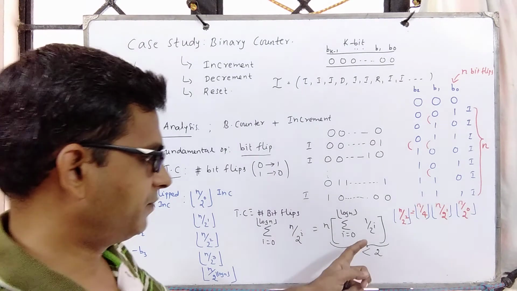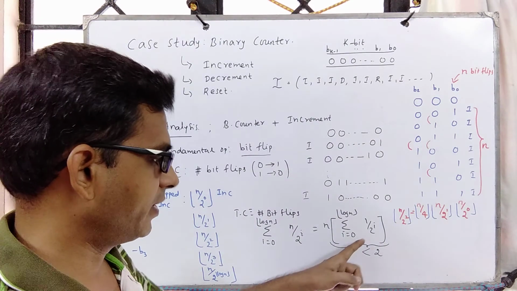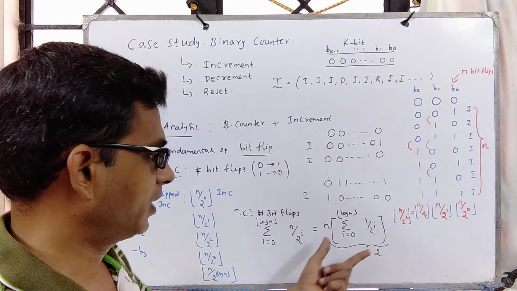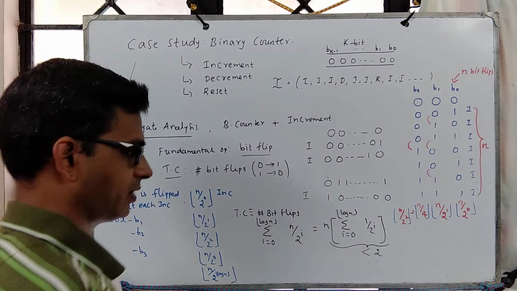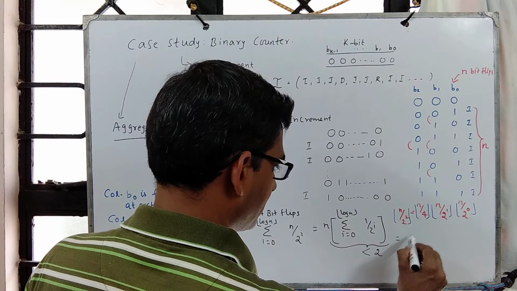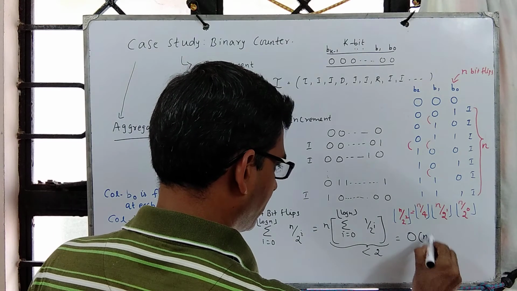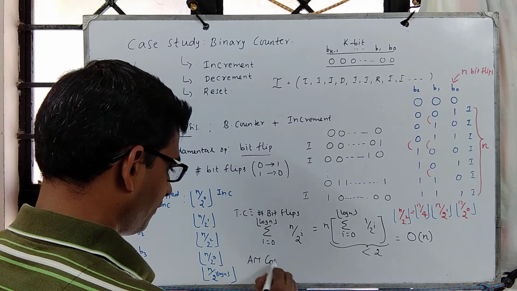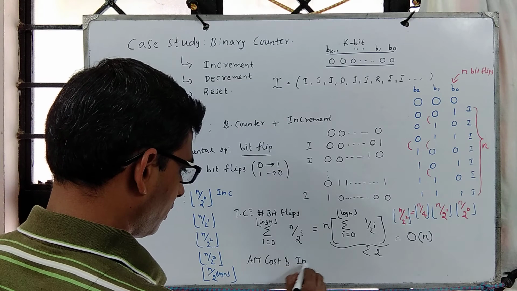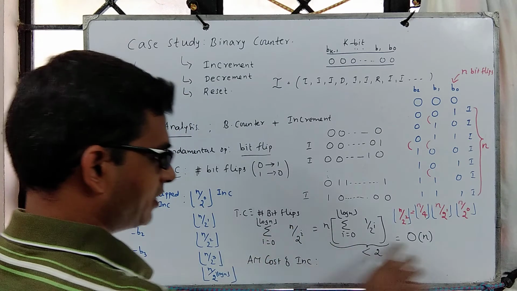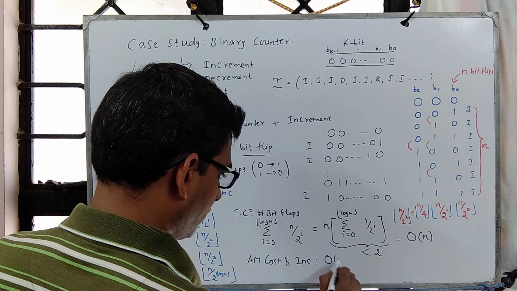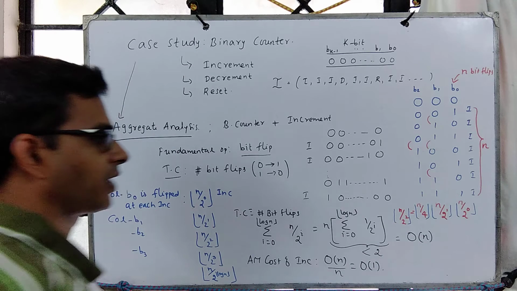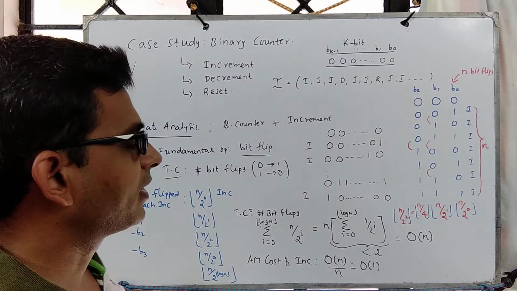We have seen this in the context of discrete mathematics, and subsequently when we did a couple of case studies in the DAA, Design and Analysis of Algorithms course. And so this one is at most a constant. So which means something like this one is order n. Now what is the amortized cost of increment? If there are n increments, then it is order n, then order n divided by n, that says order 1. And this is what we wanted, right?